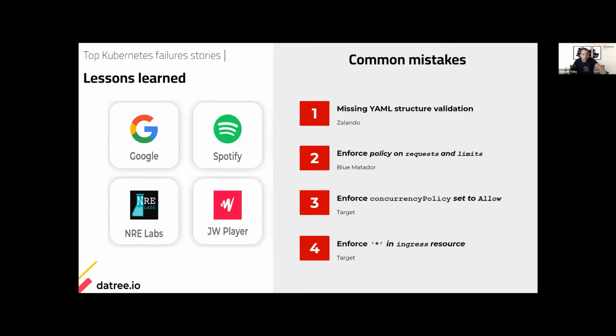Little did they know that this container had a memory leak and it consumed the entire cluster's memory. And because they did not have any memory limit or requests, it got them into having an outage. Or, for example, making sure that you have a concurrency policy that is correct for your workload,